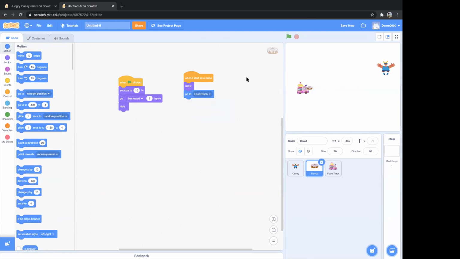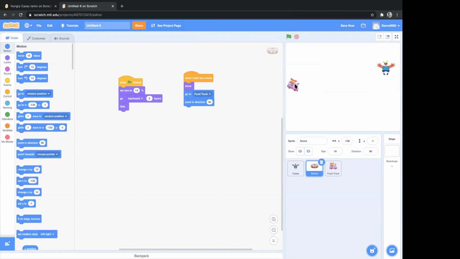So what will the donut do? The donut will go to the food truck. Now the donut should always point towards the direction of the food truck. So even if we are moving our food truck this way or any way, we want the donut also to be moving in the same direction. So for that we will use point in direction, this one. Now instead of 90 degrees, here it will be the direction of the food truck.